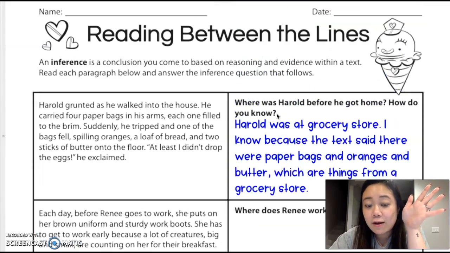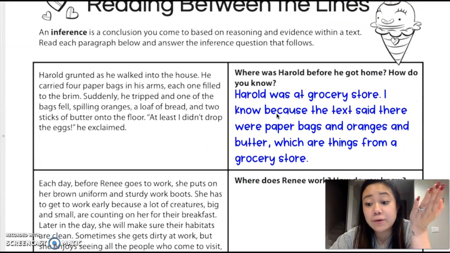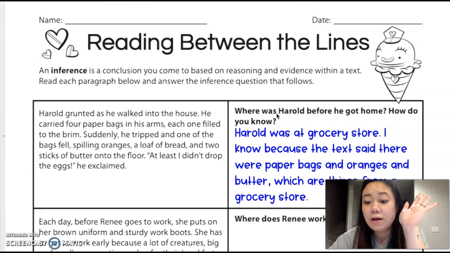Depending on how the day goes, if you've been going great, the guest teacher might say you can work with a partner. But if the day has not been going great, and we've been a little crazy out of control, we're going to work independently alone on this. So the guest teacher will give you the next directions.